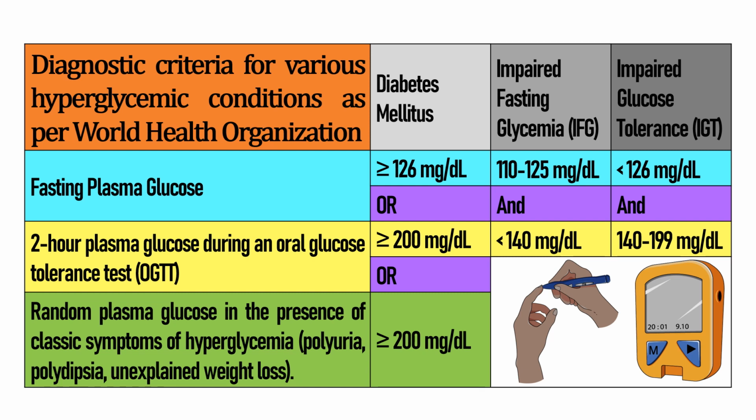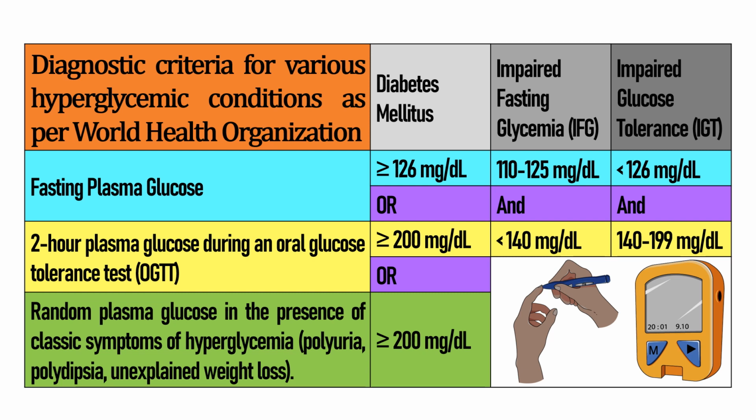but they generally involve measuring blood glucose levels. Here are the key points related to World Health Organization criteria. It is diabetes mellitus when fasting plasma glucose is greater than or equal to 126 mg per deciliter, or when the 2-hour plasma glucose during an oral glucose tolerance test is greater than or equal to 200 mg per deciliter, or random plasma glucose, in the presence of classic symptoms of hyperglycemia, is greater than or equal to 200 mg